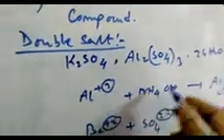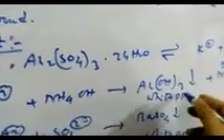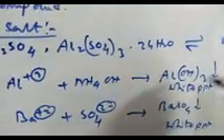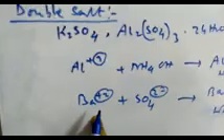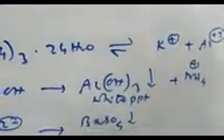And it can be proved: if I add ammonium hydroxide into this solution, I will find a white precipitate of aluminum hydroxide, which proves that aluminum ion is present in the solution. If I add a Ba2+ ion into the same solution, I will find another white precipitate of barium sulfate, which again proves that alum has been ionized and has formed all its constituent ions. It is called a double salt.